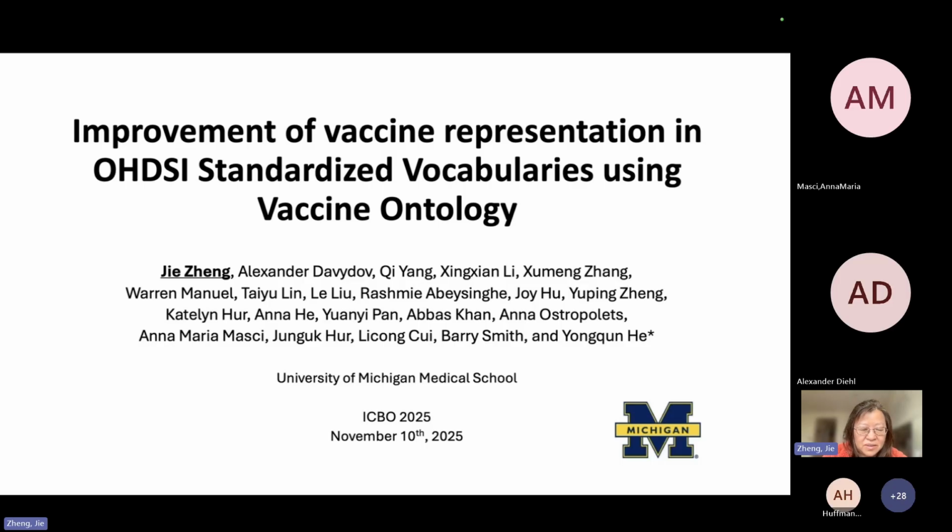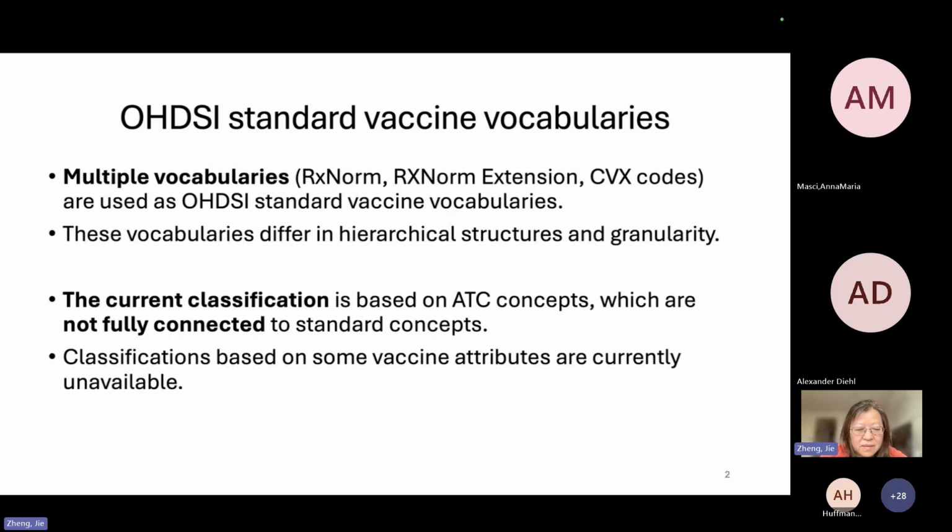Introductions. And today I will present the improvement of vaccine representation in OHDSI standard vocabularies using the Vaccine Ontology, VO. Observational Health Data Sciences and Informatics, OHDSI, is an international collaboration that uses large-scale health data to generate real-world evidence for improving health outcomes. The OHDSI community uses the OMOP CDM to harmonize clinical data from various resources and then